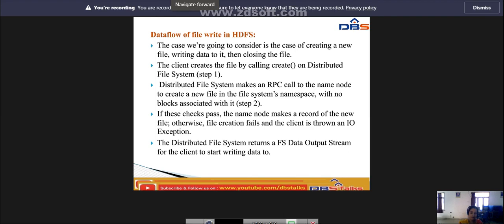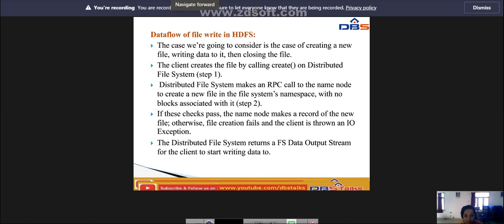If these checks pass, the name node makes a record of the new file. Otherwise file creation fails and the client is thrown an IOException. The DistributedFileSystem returns an FSDataOutputStream for the client to start writing data to.